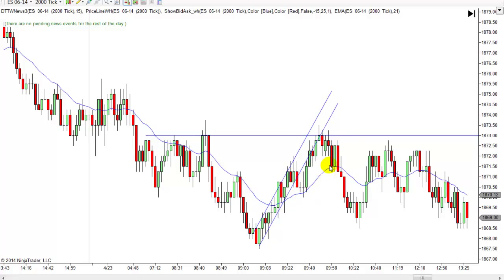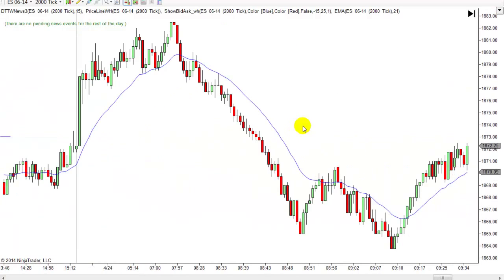You wait on the pullbacks. You know, when you're in a trading range like this, you're looking to get short up here, not long. And then yesterday,